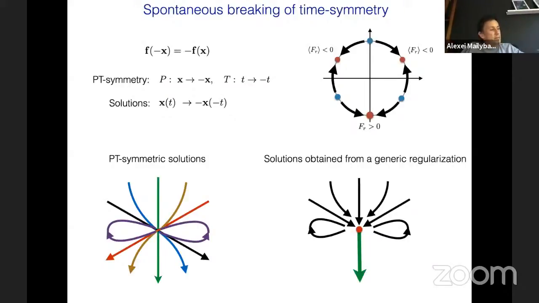One nice comment is that this regularization idea already leads to the spontaneous breaking of time symmetry. So this is what physicists, for example, like very much: to say that we have a time arrow, so that something in the future is different from the past. I'm not giving you exactly the system, but imagine this kind of equation